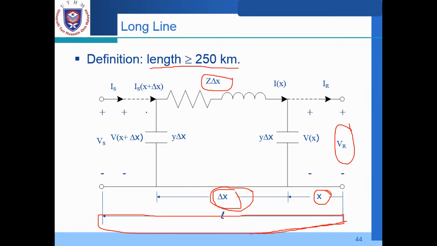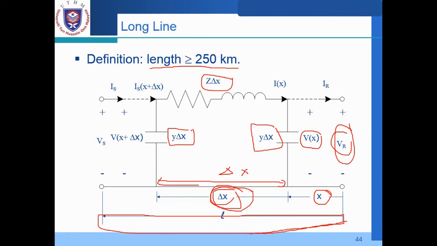Between this new nominal phi network, we have again the delta x, and seen from R, we have VR, we have Vx, and this part has the conductance and capacitance. So this is Y delta x, Y conductance multiplied by delta x to show that this has been extended by delta x, and